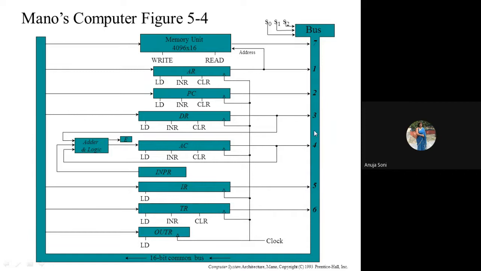Only the numbers 1 to 7 are written, and whenever the value becomes 0, 0, 0, the adder and logic circuit gets activated. That means some operation has been performed through this adder and logic circuit. One connection is coming from the DR register as an input line, another from the accumulator register, and another from the input register, where we can feed data directly from the keyboard, going straight to the adder and logic.